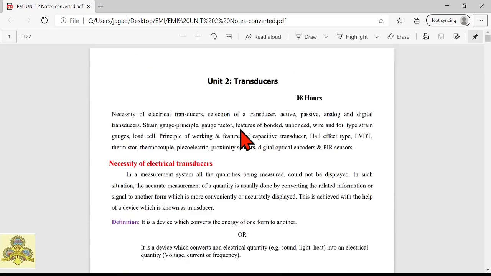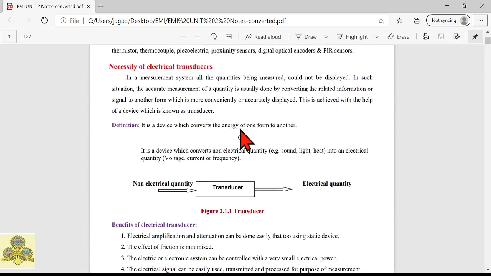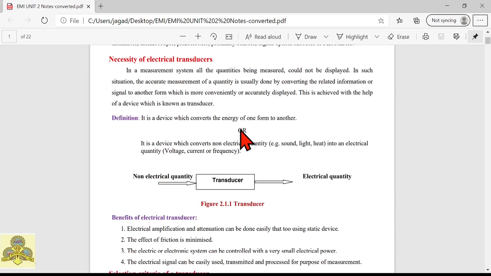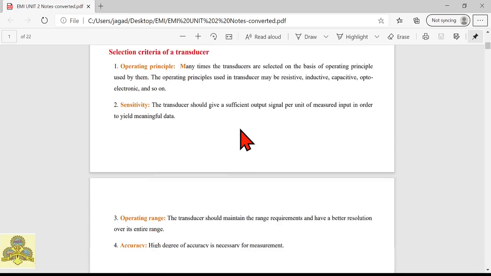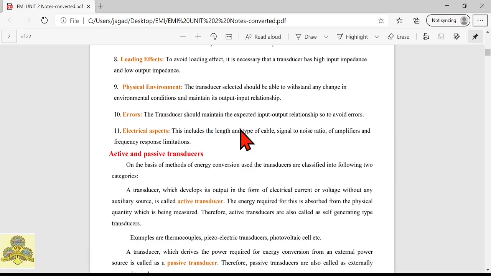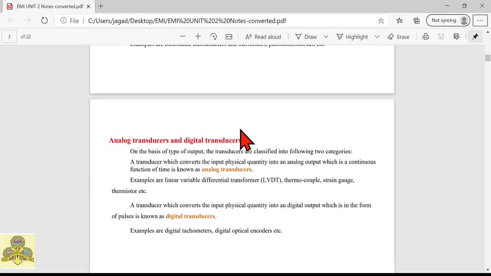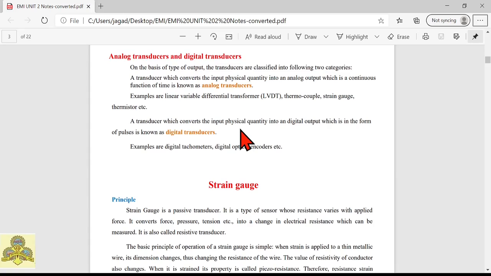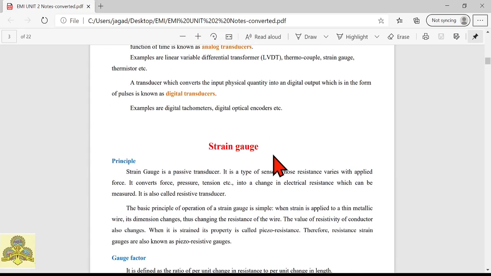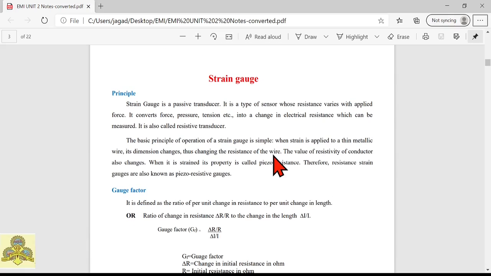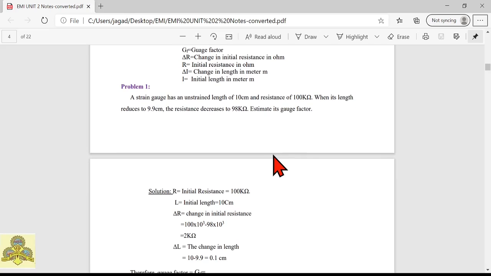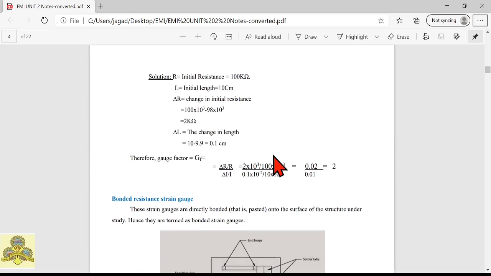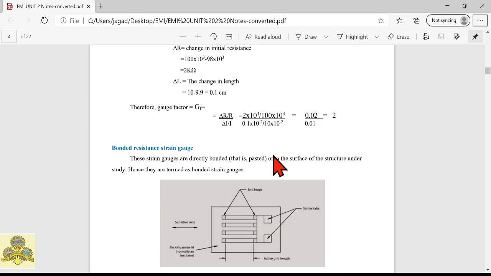In the last class, we have seen unit 2, that is transducers. We have seen the necessity of electrical transducers, selection criteria for transducers, active and passive transducers, analog and digital transducers. We also saw the strain gauge, its working principle, gauge factor, and problems related to gauge factor. Then we have seen the types of strain gauges,